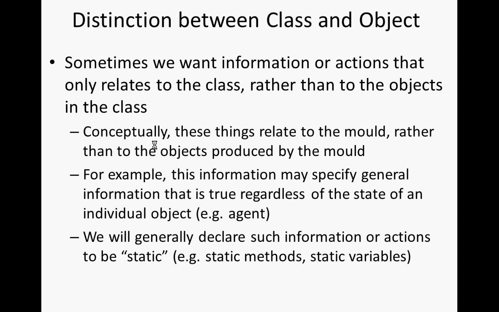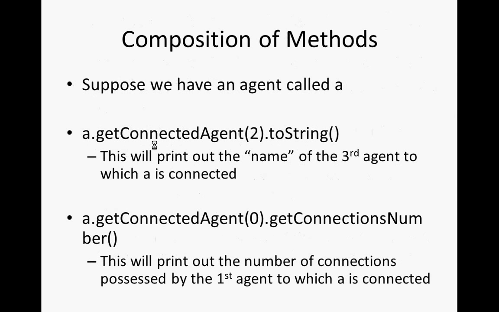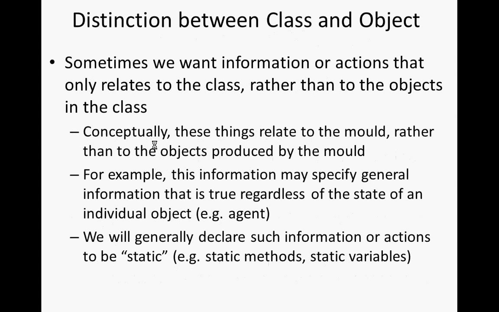So if we ask, hey, what's the value of susceptible? If we want in main to ask, what's the value of susceptible in a person? In other words, what's the value of that thing so we can count up the number of people who are in that state? We ask person.susceptible. We don't ask a particular person. We're not asking P or A dot susceptible. We ask person dot susceptible. Asking the class, give me the value associated with being susceptible, and it will give it to us. That is a static attribute of the class. There's only one value